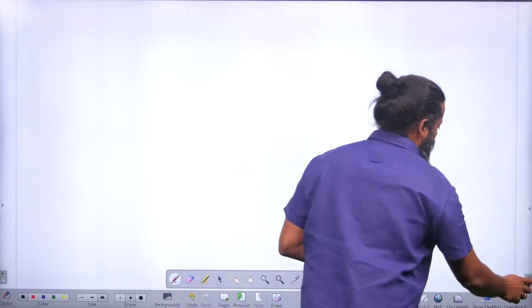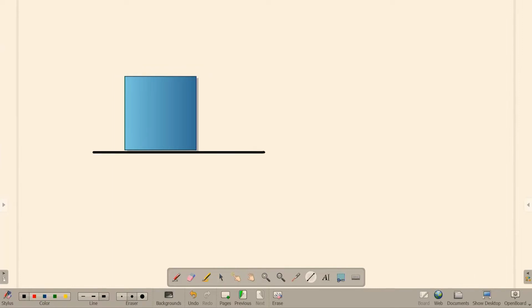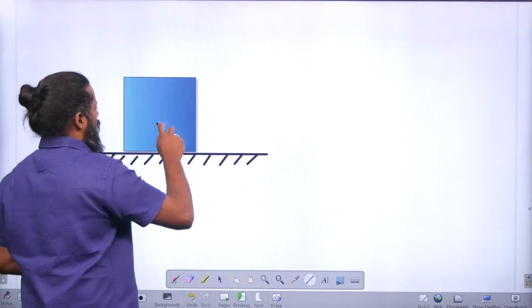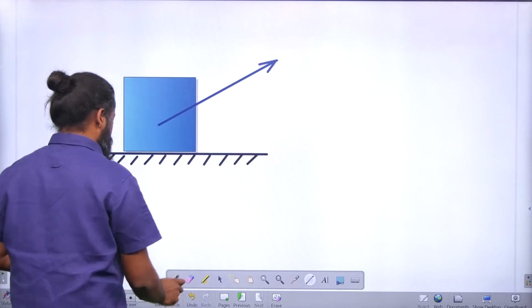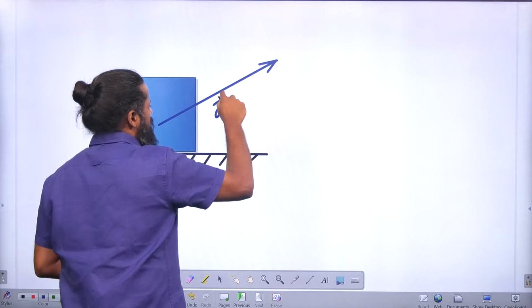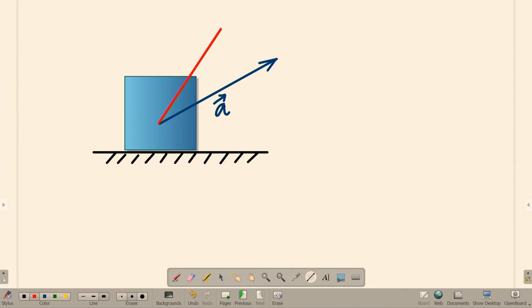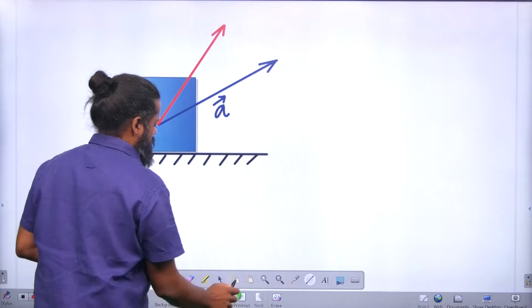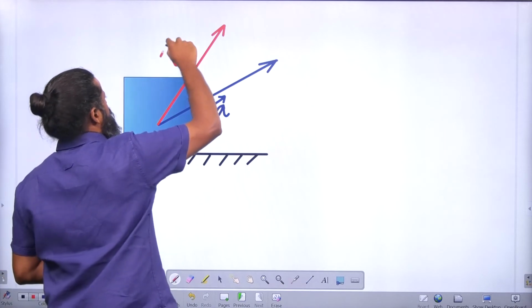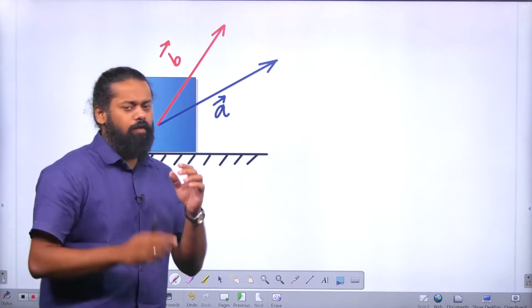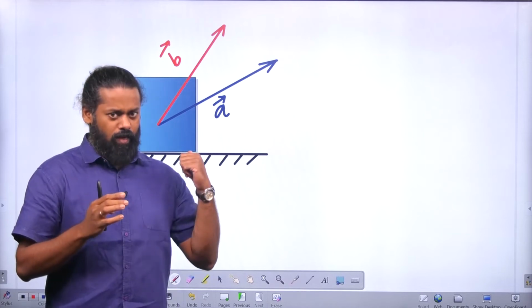Assume that you have a block and some forces are acting on the block. At this point, some force A Newton is acting, okay? This is A Newton, and one more force is acting at the same point, which is B Newton, of different magnitudes. If you want to find out the net force or resultant force acting on this body, we